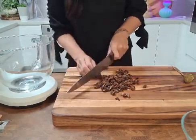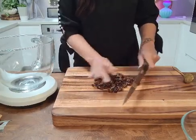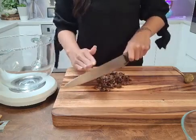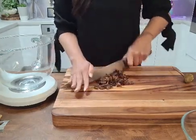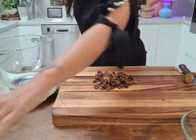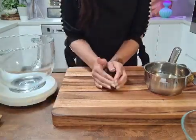Yes, you can use fresh dates as well. That is amazing. But if you're on a bit of a budget, then it's absolutely fine just to use dried dates as well, because they're a pretty good price. So roughly chop like that, and then I'm going to put my dates into a pot,